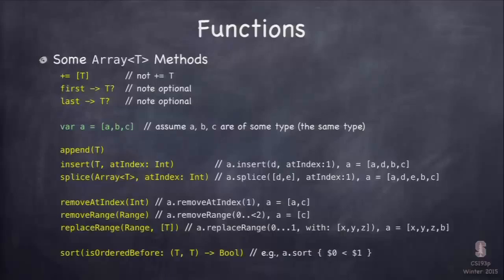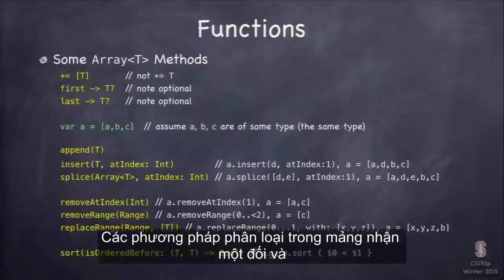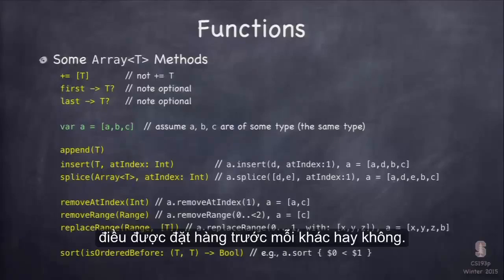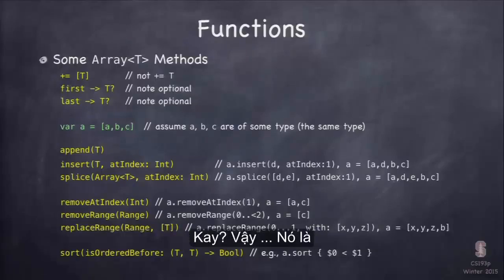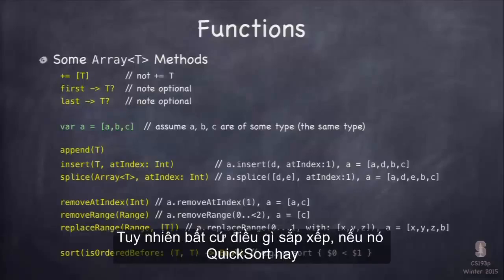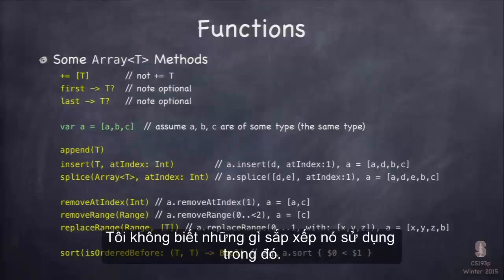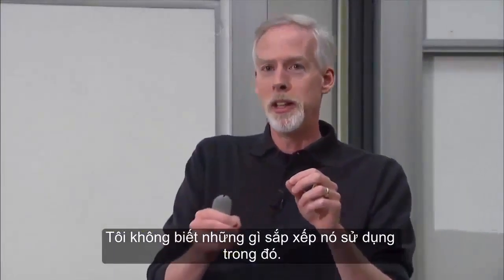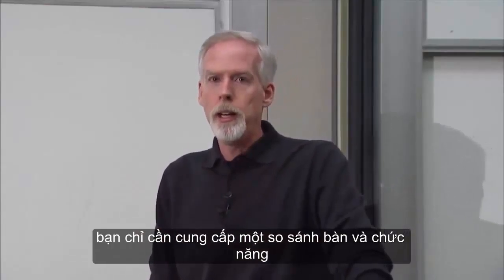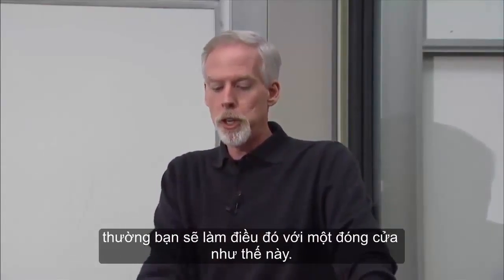There's also sorting. You can sort an array. The sorting method in array takes 1 argument, and that's just a function to determine whether 2 things are ordered before each other or not. Okay, so it's going through the array and putting everything in order. It picks out whatever sort it's using, quick sort, or I don't know what sort it's using in there, but it needs to be able to compare things. So you just provide a function that does a comparison, and usually you're going to do it with a closure